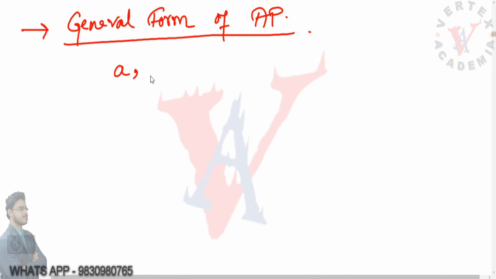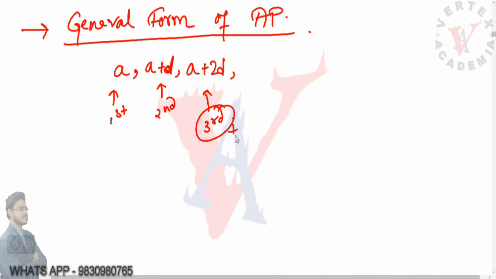What is the second term? It is the first term plus a constant, right? So the second term is A plus D, where D is the common difference. I hope this is clear. So what is the third term? It will be the same common difference plus the second term, so A plus D plus D, that means A plus 2D. So this is first, this is second, this is third. Now what will be the fourth term? This will be the third term plus the common difference. So A plus 3D, this is the fourth term, right? In this way it goes on.